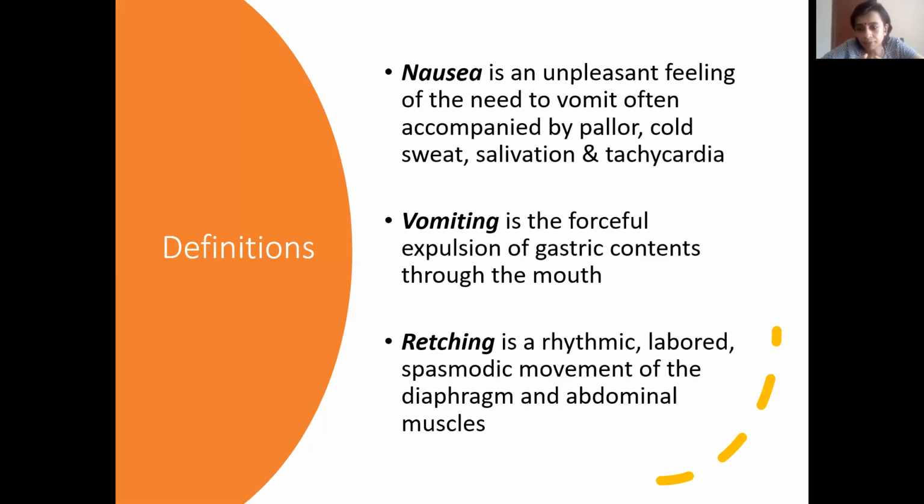So these are some of the definitions so that we can differentiate between all three. The patients will tell you very vaguely about all this, so we need to be sure what we are dealing with. Three main complaints will be either nausea and vomiting together, nausea without vomiting, or retching. So you can see various combinations of these complaints. We need to know what we are talking about.